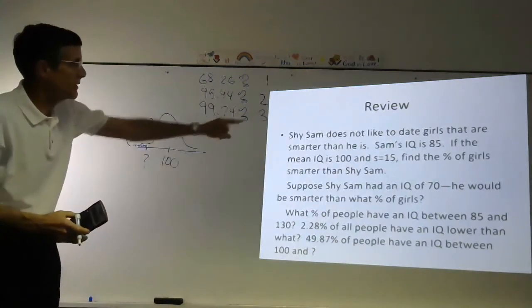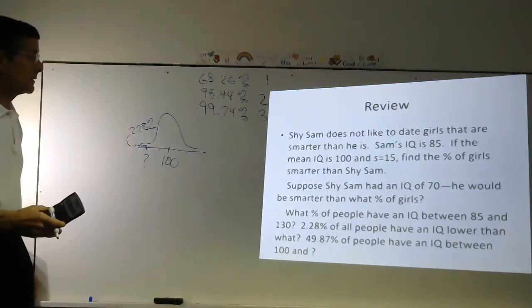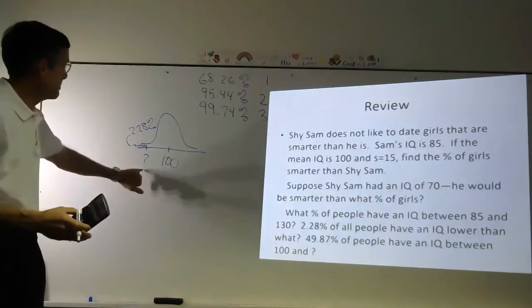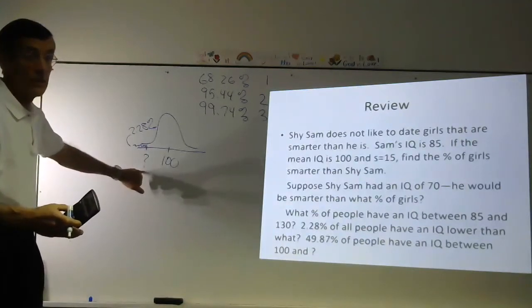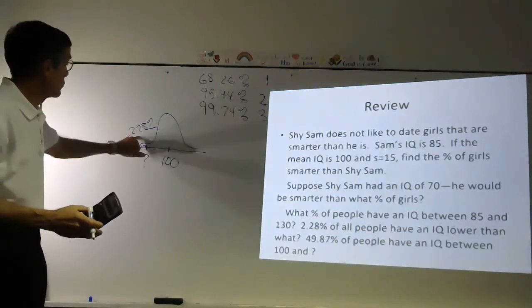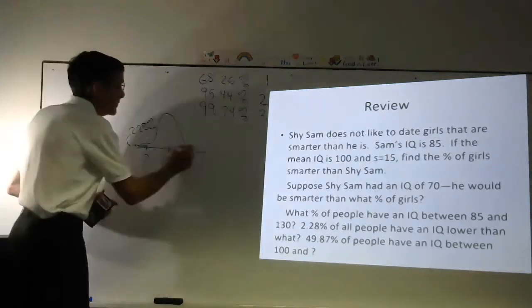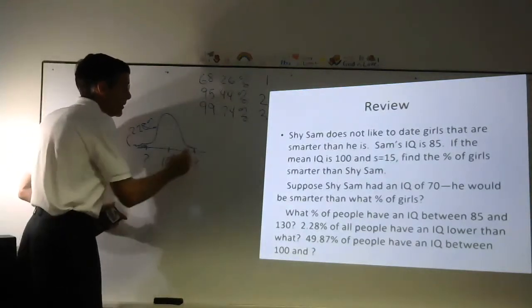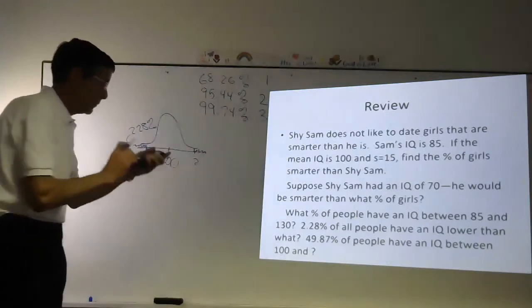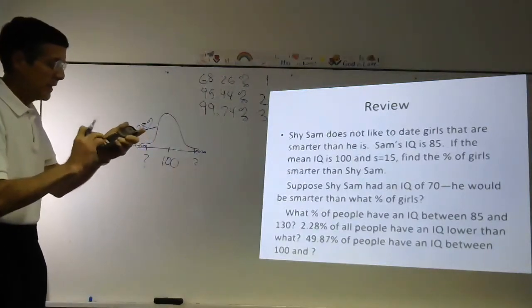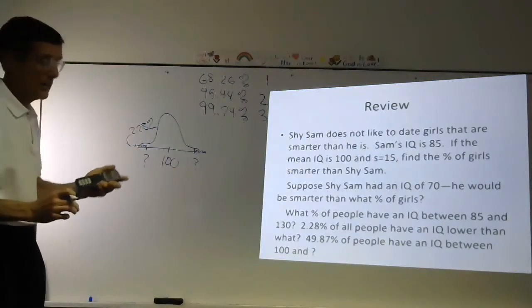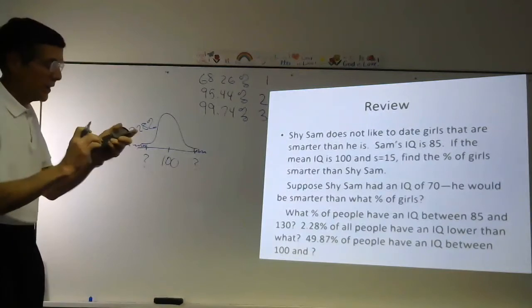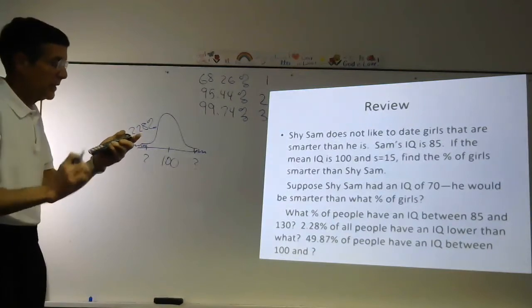That sounds just like the Shy Sam problem of before. I'm betting it's going to be 70. How can we figure it out? 2.28 down here, there would be the same question mark up here. So take 2.28 times 2, okay? Then subtract that off of 100. You get